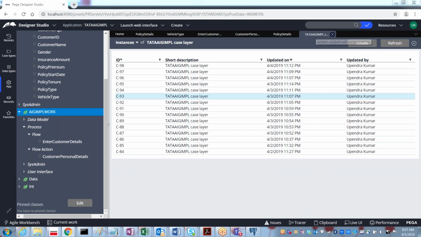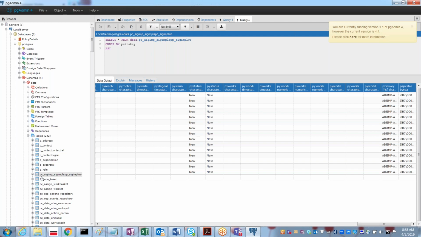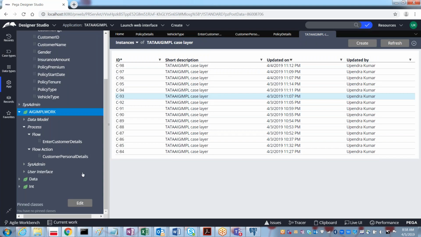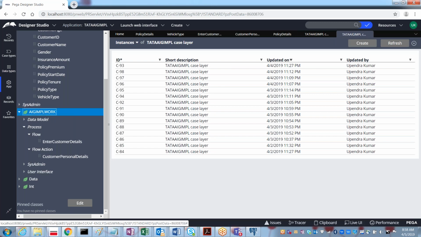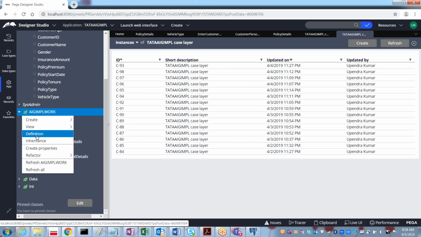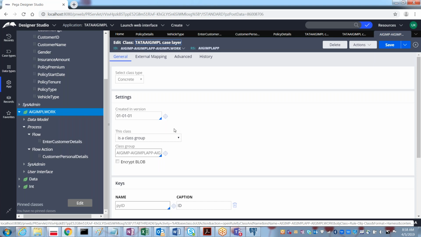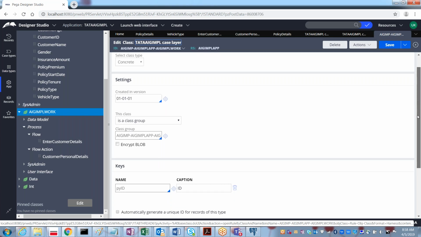And one more thing. Here, at a high level, I said PC underscore the class name. But is it possible to see from Pega itself in which database table it has saved? Yes, it is possible. How can we see? Open this class definition. If you select that class, it will open the class definition, right? So select that definition. Once you open the class definition, for creating the class, in general, we select what kind of class, the version, whether it is a class group or not, and if it is a class group, which class group it belongs to.